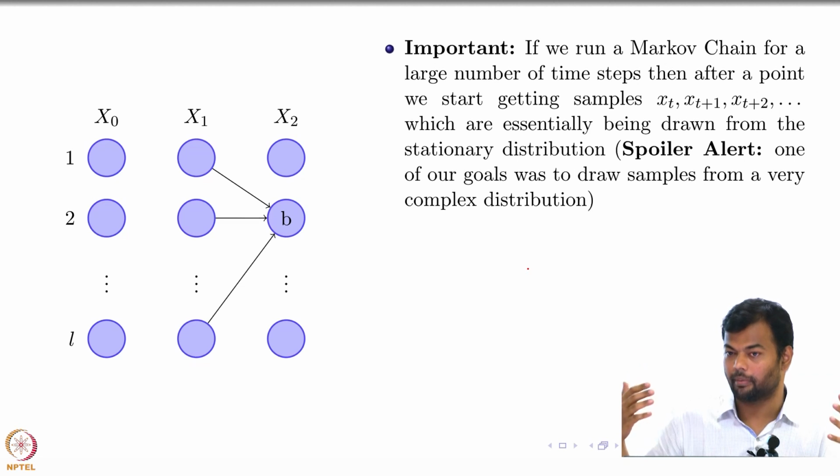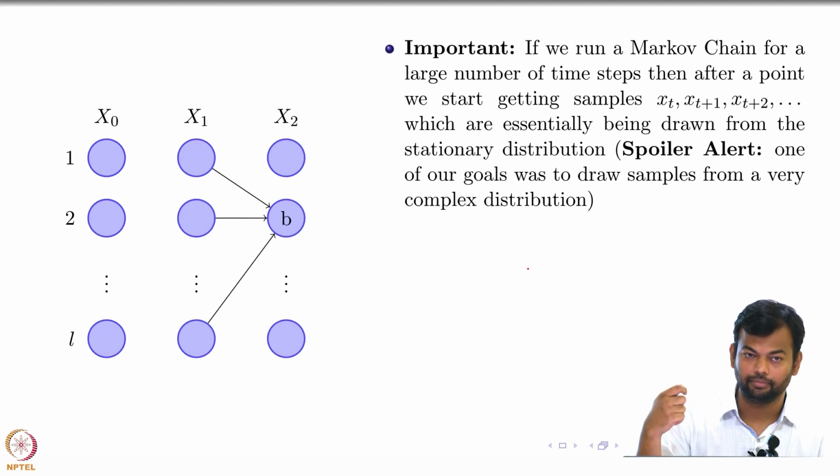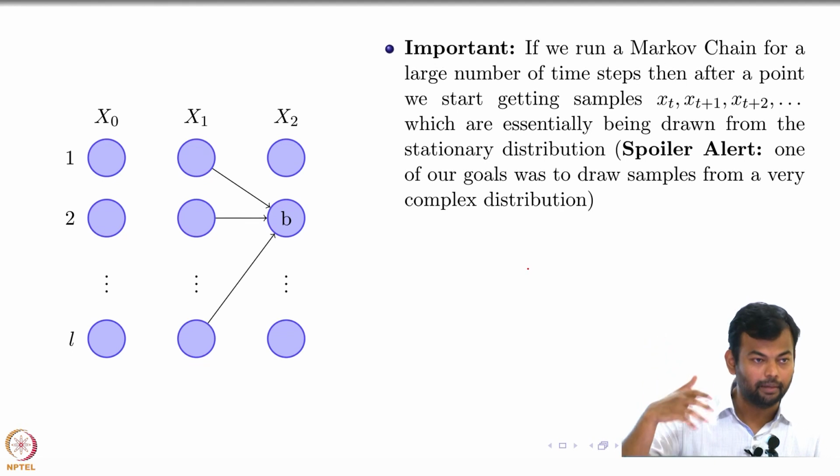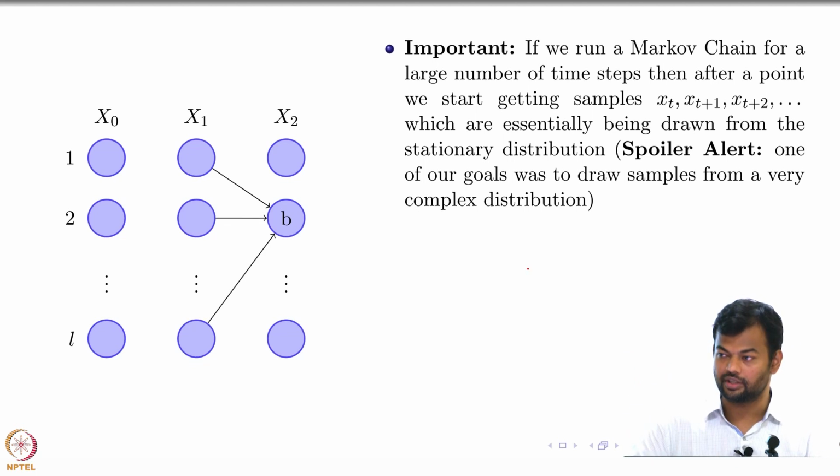We'll try to set up a Markov chain such that its stationary distribution is... what is the required distribution? What is the distribution that we wanted to sample from? P of x. So if you can set up a Markov chain such that its stationary distribution is P of x,